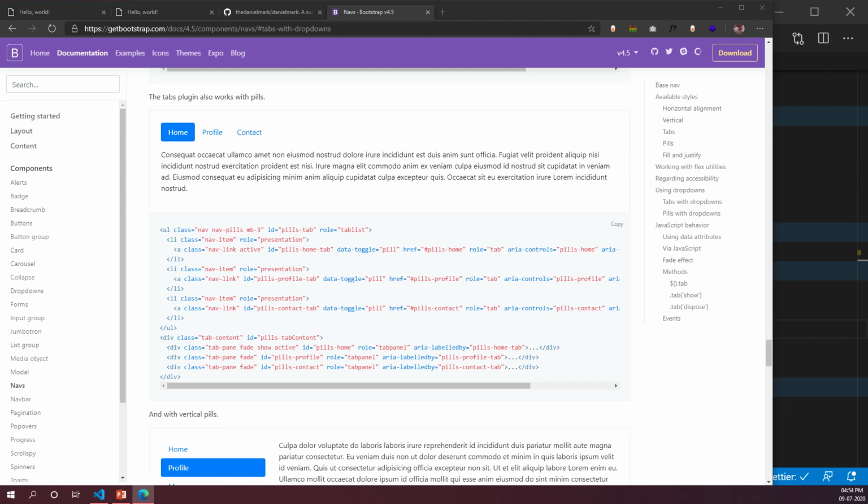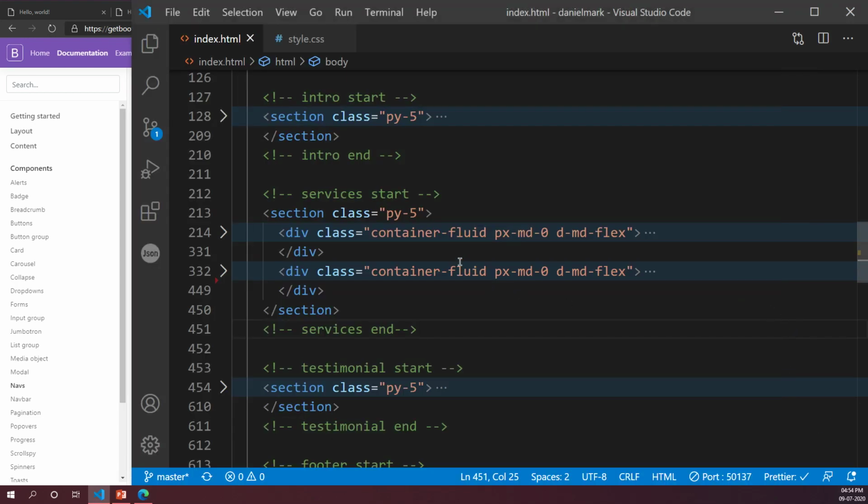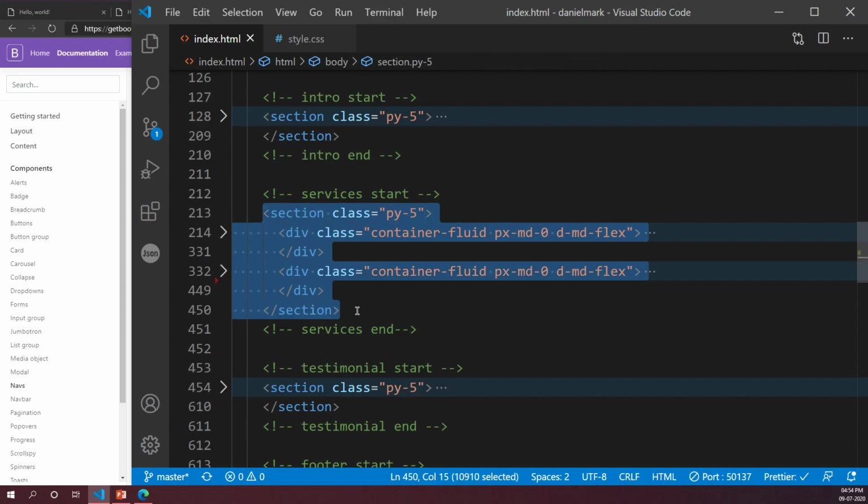Go all the way to the top. Go to the first line. No, not that. I want you to show me the code for the section over here, the section that I just created. Show me the code for this one. The first container fluid. Okay.